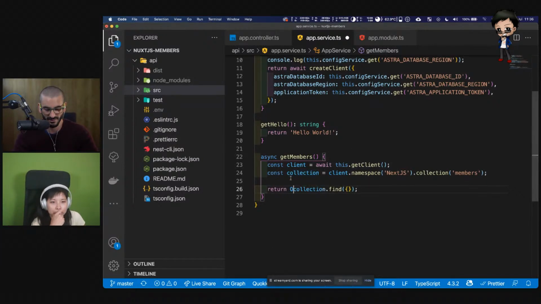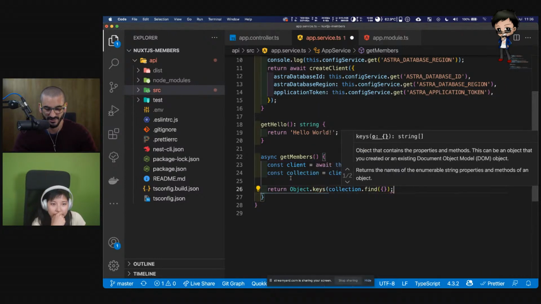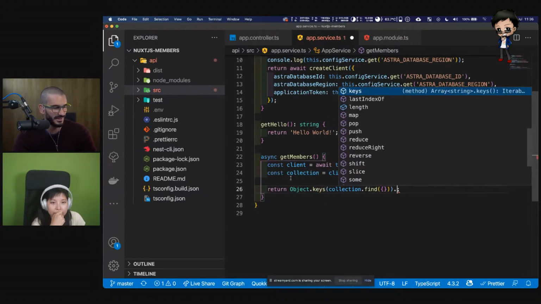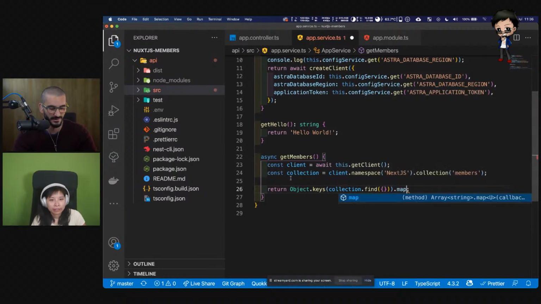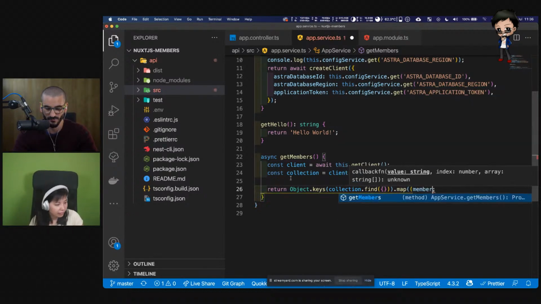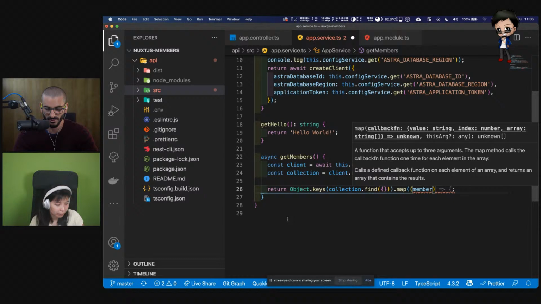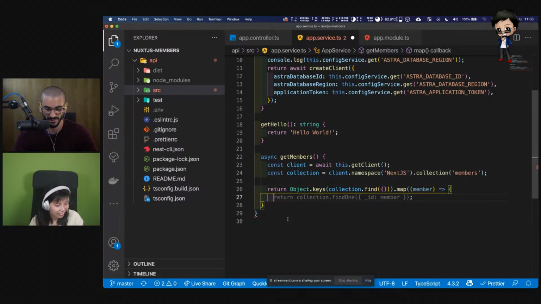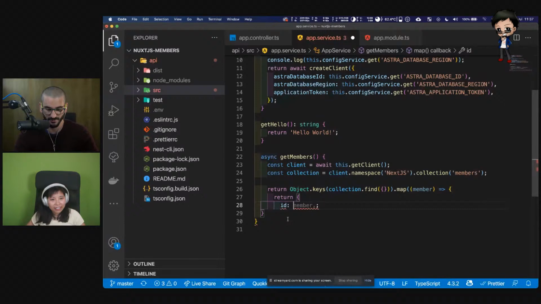So yesterday, if I remember correctly, what we did was we did object keys from that, and then we did a map, and it was for member, and then let me just use Copilot. I should use Copilot more. What is it? Autocomplete? No, that's not what I want. Copilot, I want return here, and I want ID to be the key, what we're talking about, not member. I want the ID to be the key, and then I want the next bit to be